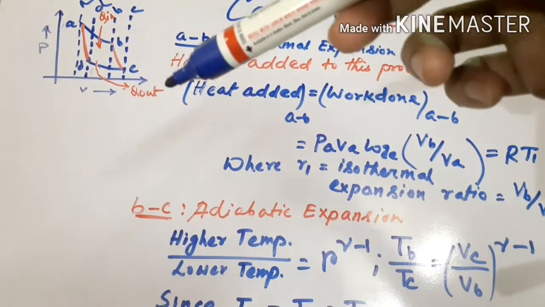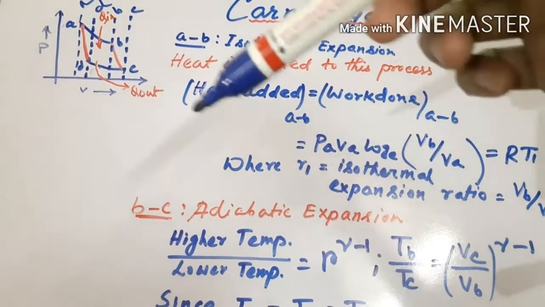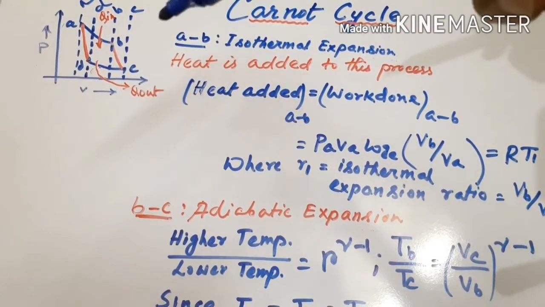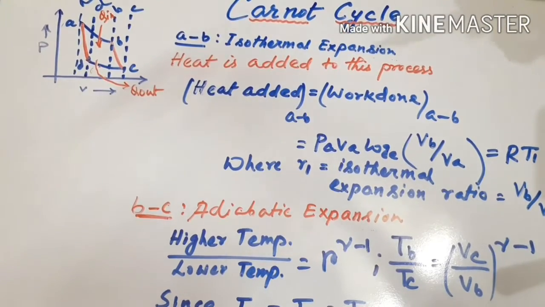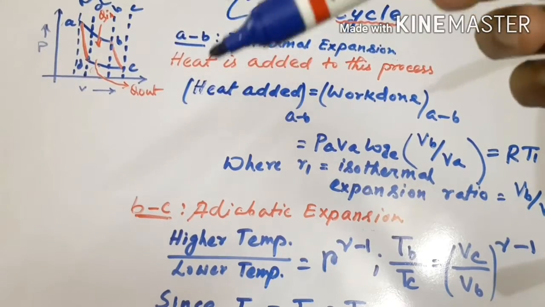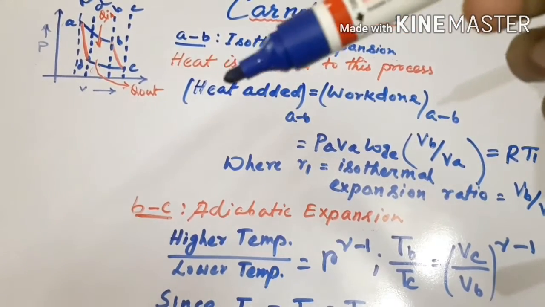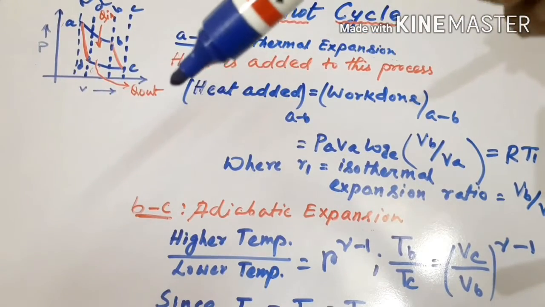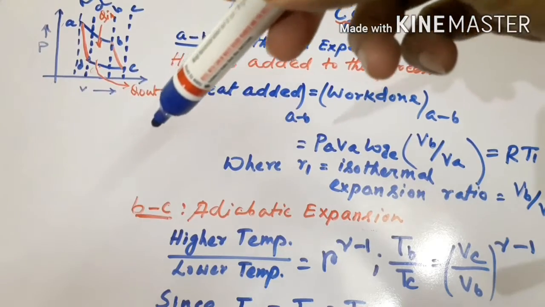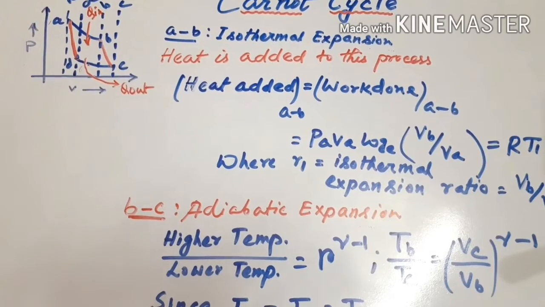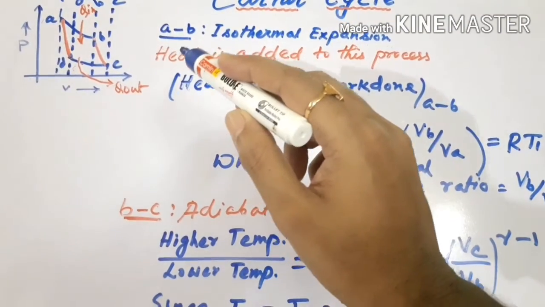Now, CD is another isothermal compression process. Why is it compression? Because you can see the constant decrease in volume and slight increase in pressure. Now, D to A, again I have denoted it by a red line so that I can tell it is another adiabatic process, but it is an adiabatic compression process, as the volume is getting decreased and pressure is constantly increasing from D to A. Now, let us consider the first process, that is A to B.